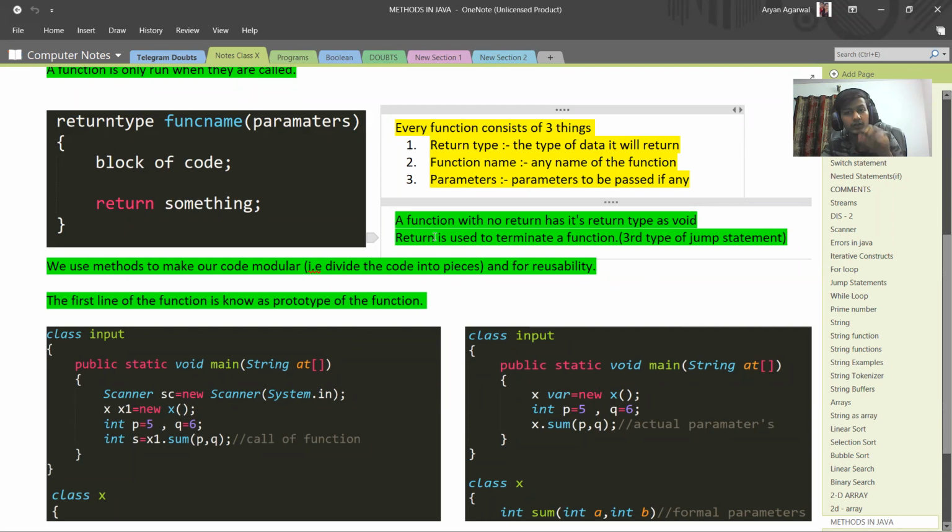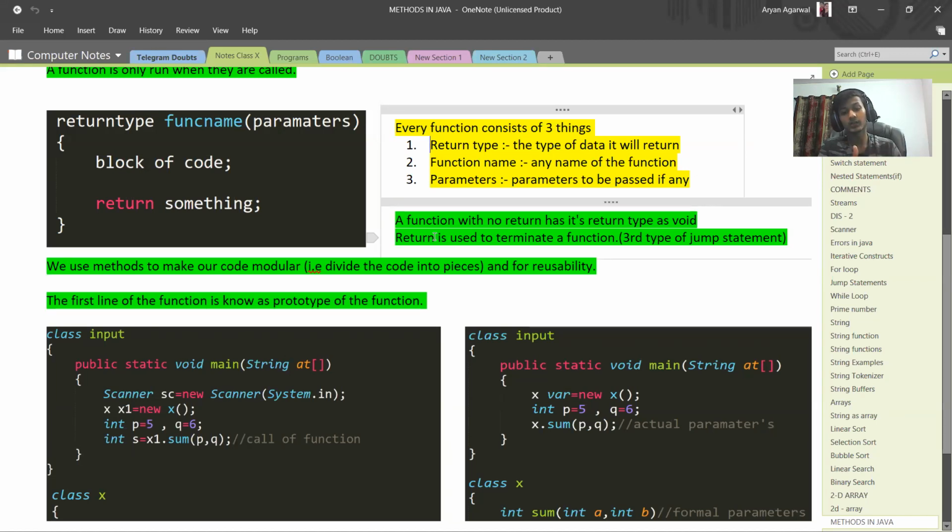Earlier, I told you that jump statements are of three types, and we'll study the third type later on. The third type that we were about to study later on is the return keyword only. So now we have three jump statements. What are the three types of jump statement? The three types of jump statement here are break, continue, return. What is the difference between them? You will write the definition.